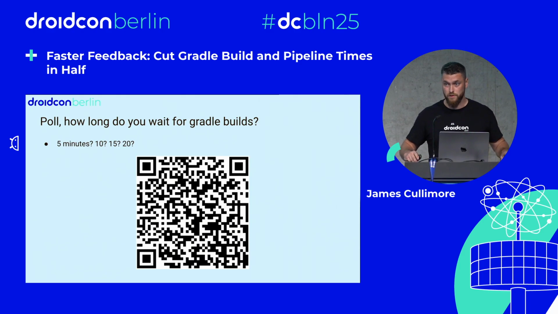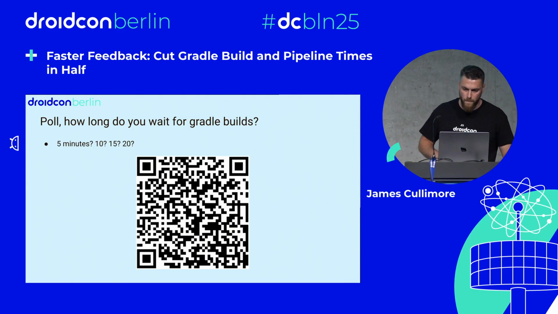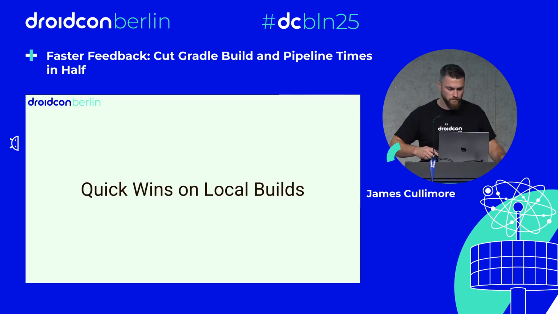Local builds first. There will be a second poll towards the end, in the CI section, where you will have the same options, or QR code, to do the poll. And we'll look at it after the end. That way, it might be a bit more insightful for everyone to see what everyone is actually having for Gradle builds. Right, I'll move on first.